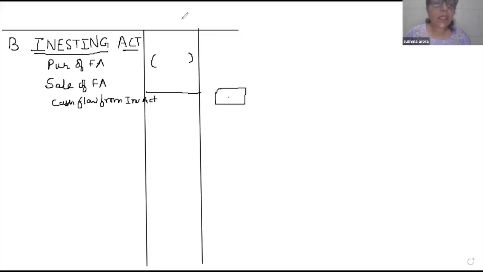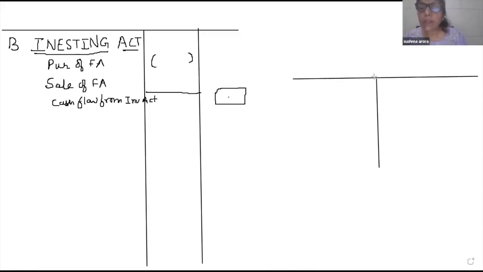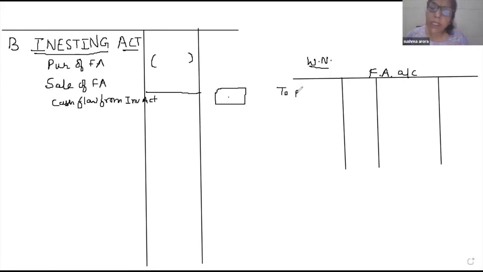But some students are saying that they don't know how to calculate purchase or sales. So in the working note, you have to make one account, which is known as fixed asset account. This is again a working note. So here the marks will be allotted for working notes. So you show your working notes clearly. So simply to balance BD, opening balance, by balance CD, closing balance, this side depreciation, if clearly given,